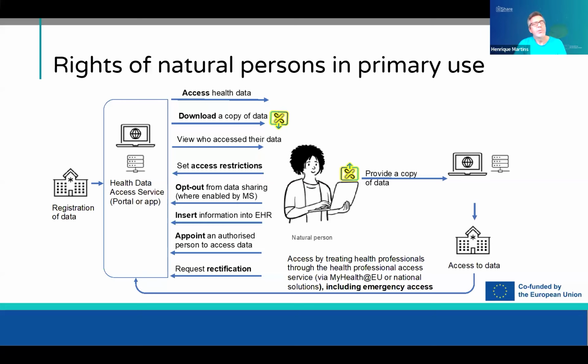So the regulation goes into different details of the rights. Just as an illustration, as of 2 years from March this year, the full force implementation, we start progressively, because there are different components of the regulation that enter into effect at different times. But as Catherine just exemplified, you will have the right to access and see your data, but also download a copy of that data. But for example, also provide a copy of that data to someone else or to another system.